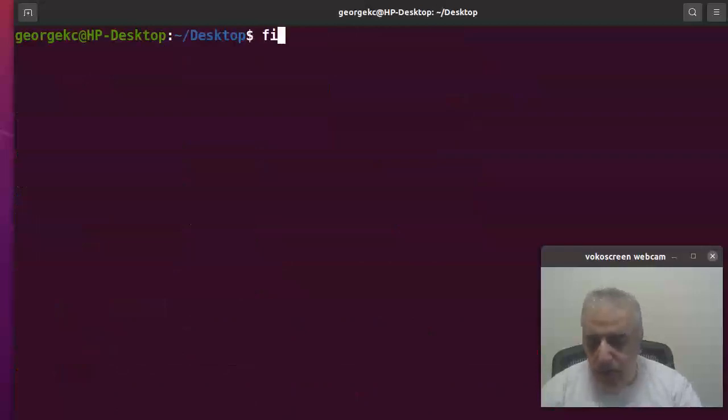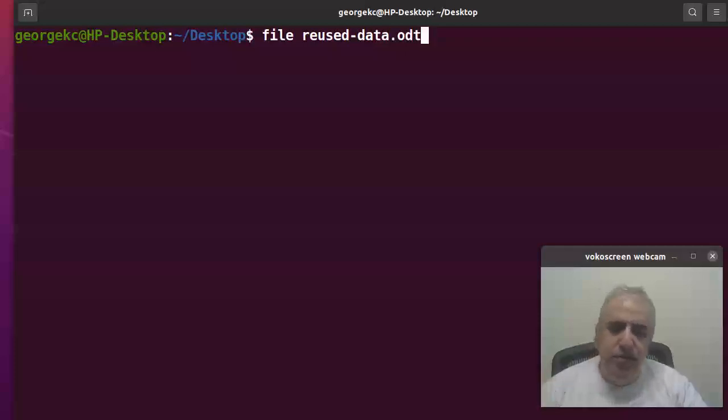So what I'm gonna do is use the command file, and let's check what type this file is, reused-data.odt. This file is on my desktop, and that's why we navigated to the desktop directory, and we can run the command file and this is the name of the file. I'm trying to find out what type it is. So if I hit enter,